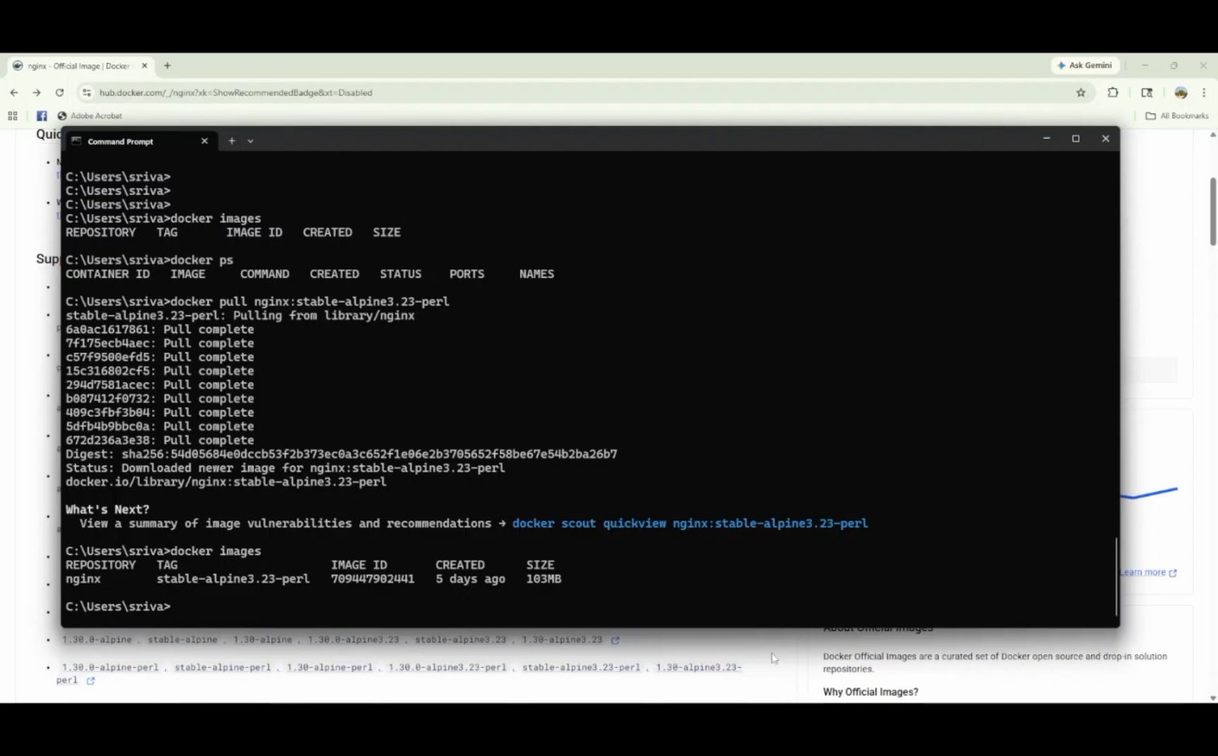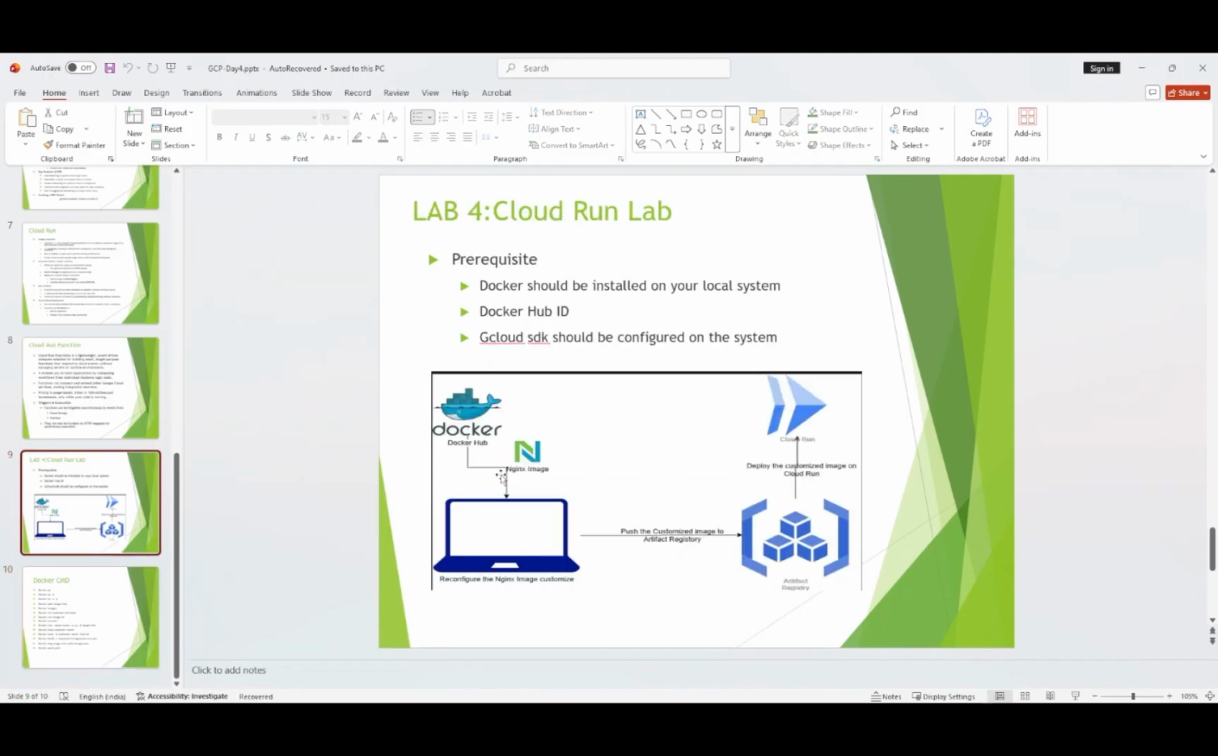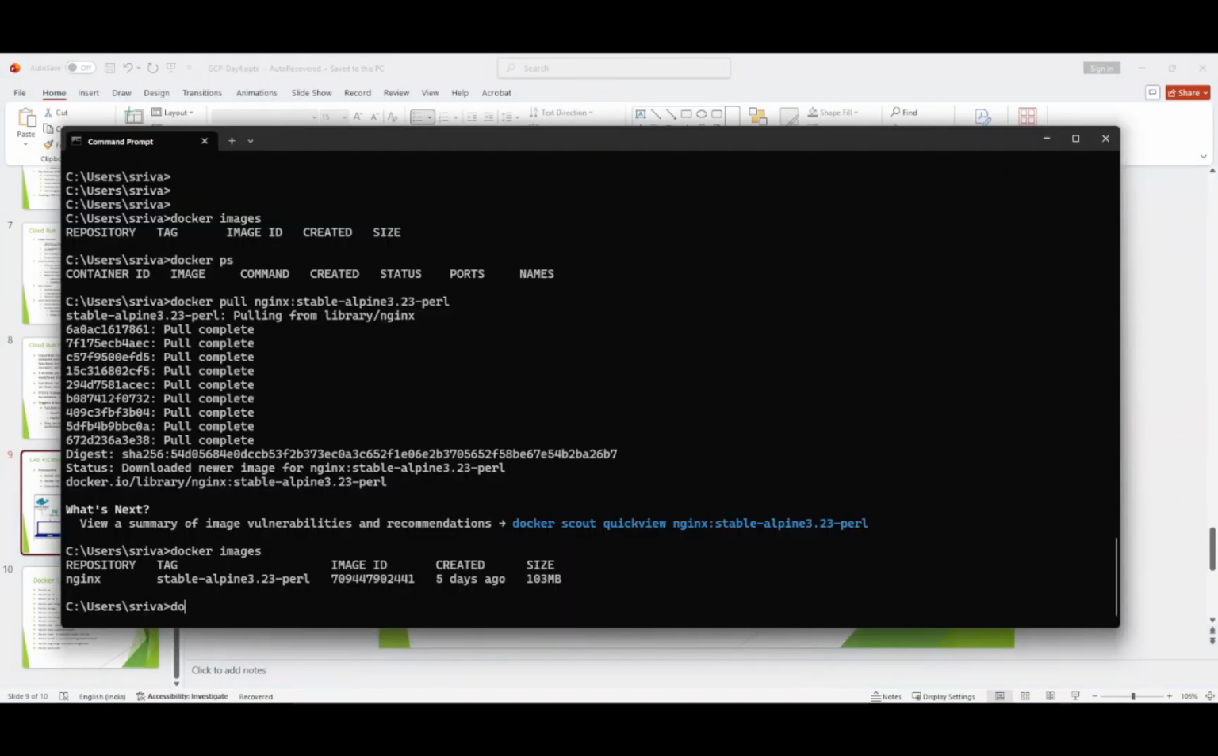Now if you go to this diagram, we have downloaded this image from the Docker Hub. Let's try to run this image on my local system. So docker run --name, let's provide the name as app1, -p, Nginx runs on port 80, and my local also will run on port 80. So port 80:80, -d, then the repo name